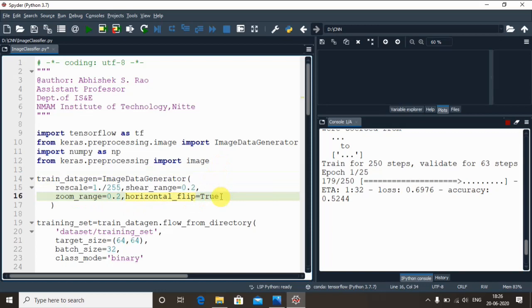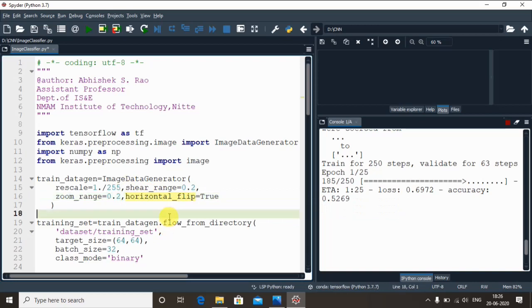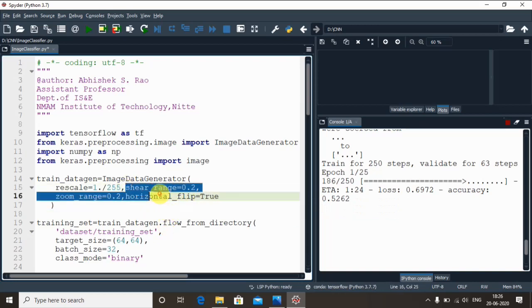This is only for when you have a very small amount of data. If you have a large amount of data like 8,000 or 10,000, then you need not work on it. When dealing with deep learning, it's better to have a huge data set so that your model will be trained properly, right? Yes, you can see that the accuracy is also getting increased here, 52%.